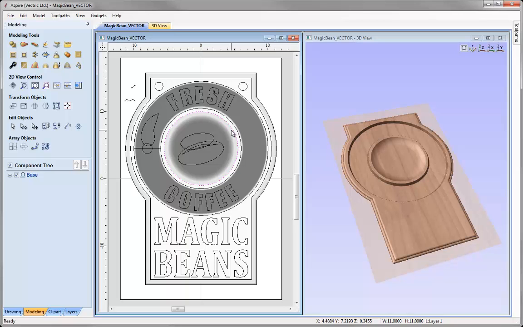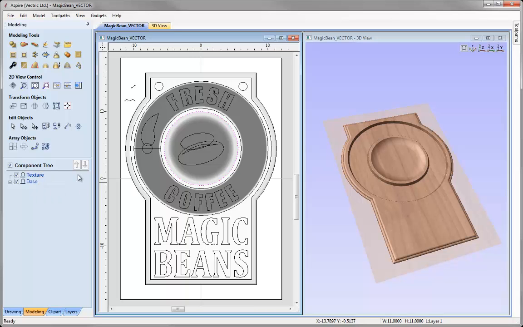So before we go ahead and look at that, let's just go and insert a new level. So we're working with a new area within our design. So it's just to help me keep my componentry organized. I'm going to right mouse click on the base level. We're going to use this option here to insert a new level. I'm going to right mouse click on level 1, and we're going to rename that level. I'm going to call this level texture. We can see that is bold, so anything that I create now is going to be added into that texture